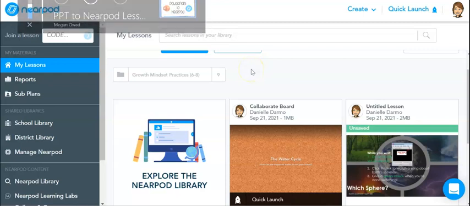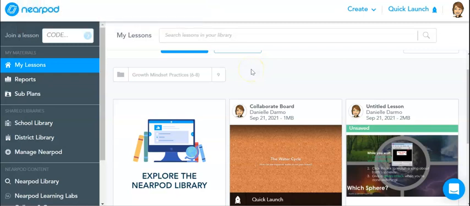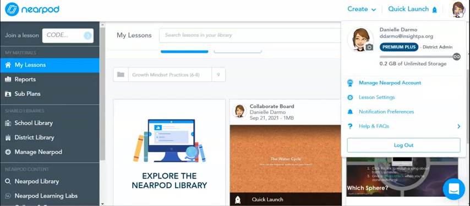So this is an overview of Nearpod, which is a program we purchase as a district. If you need a login or an account made, just let me know and I'd be happy to make one for you. When you get your account, you can see that there are some different settings that are available,